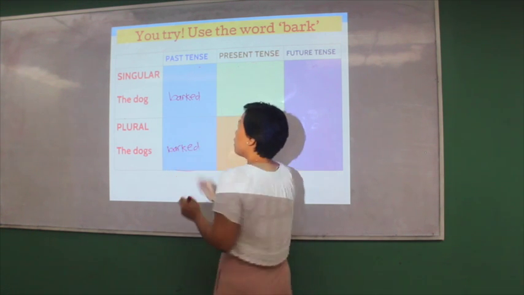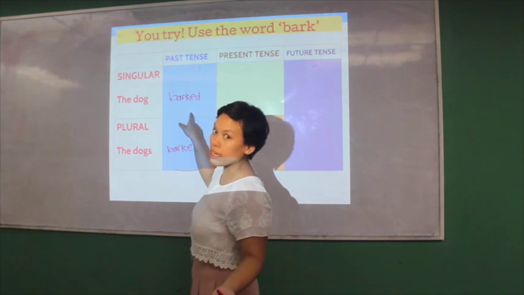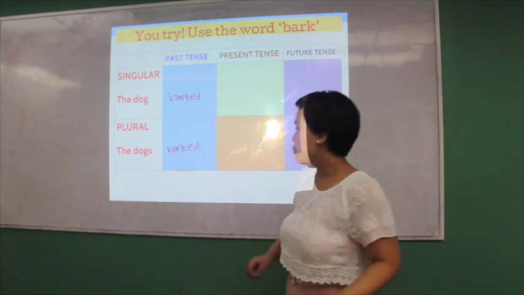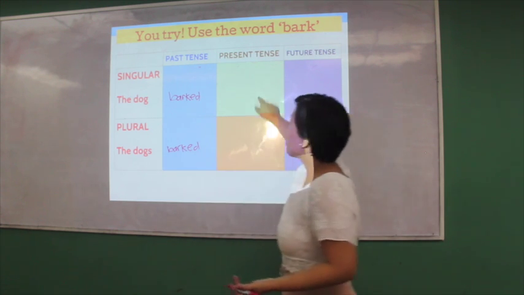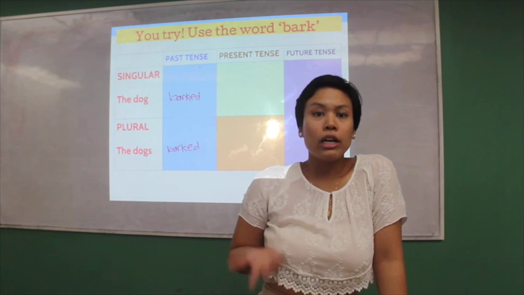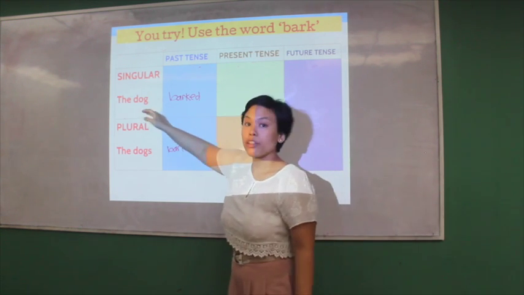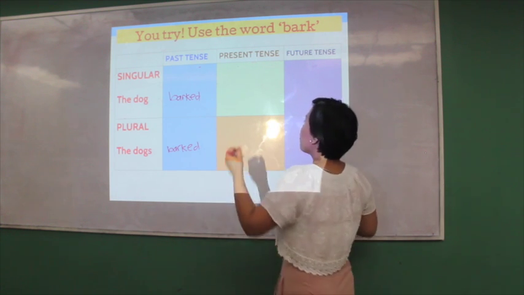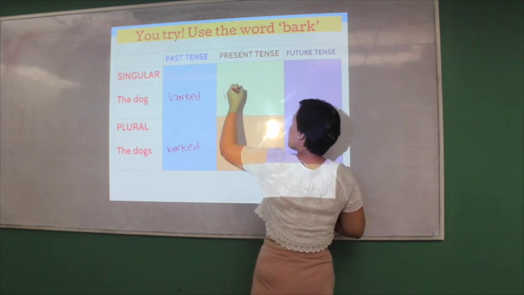So we say, the dog barked a while ago, or the dogs barked last night. It's the same rule. What about for rule number 2? What about if it's present tense, but you're only talking about one dog? So you say the dog barks